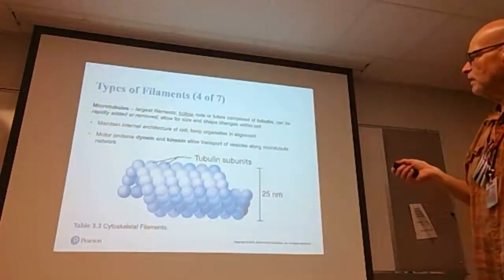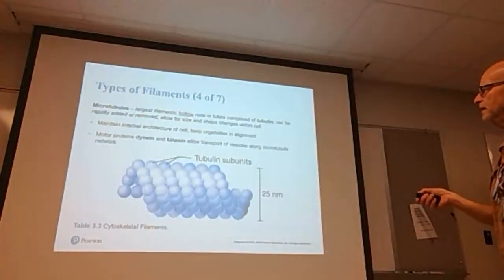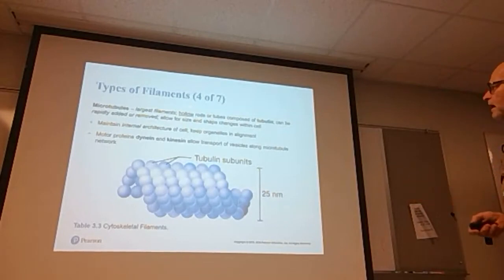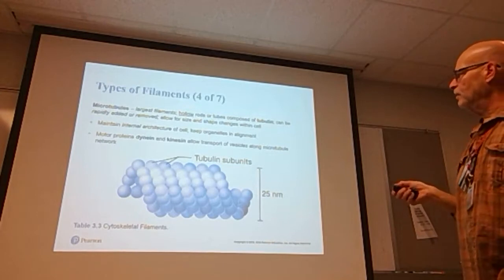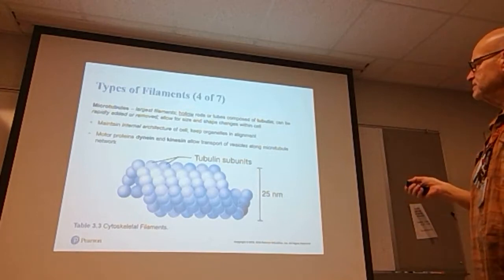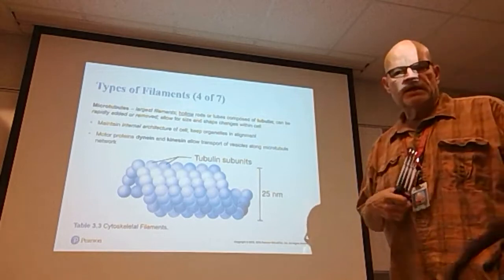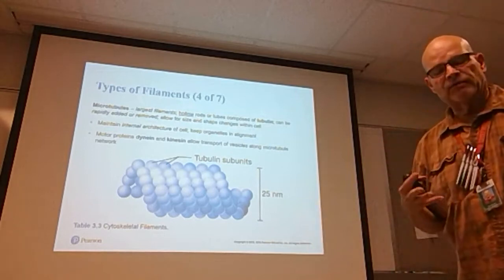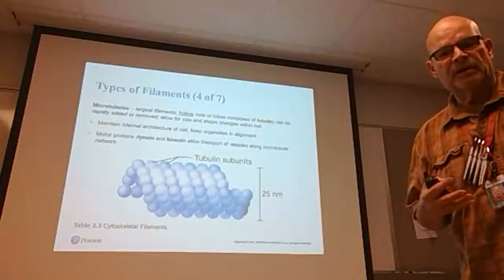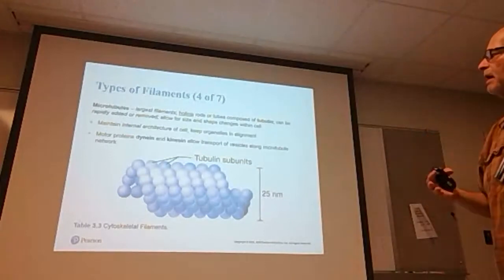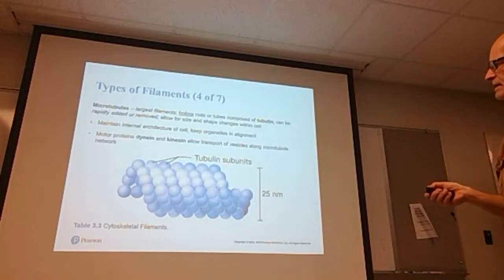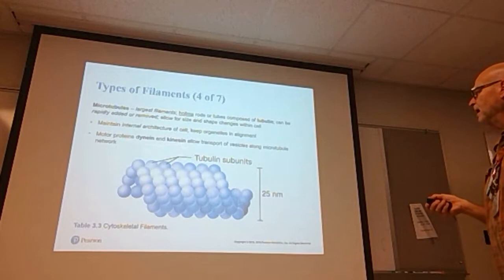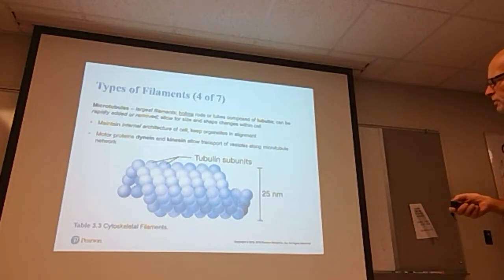The microtubules are the largest of the filaments. They are also, key characteristic here, hollow, composed of a product called tubulin. They can be either rapidly added or removed, allowing for change in the size and shape of the cell. So those cells that have the ability to change shape probably have lots of microtubules in them. Certain motor proteins like dynein and kinesin allow for transport of vesicles along the microtubule network, and we'll talk more about those